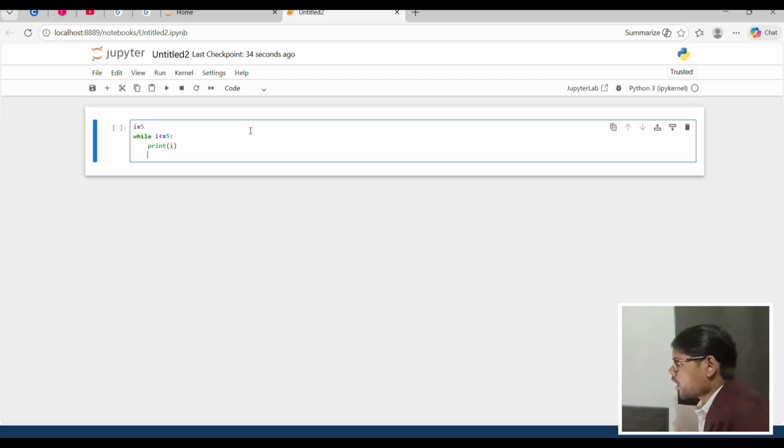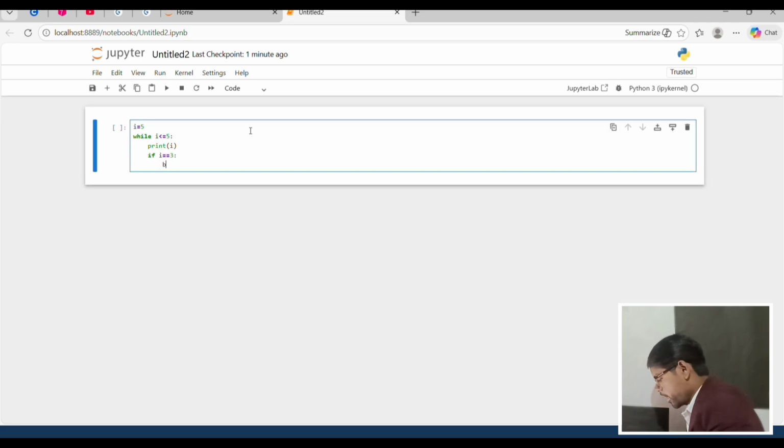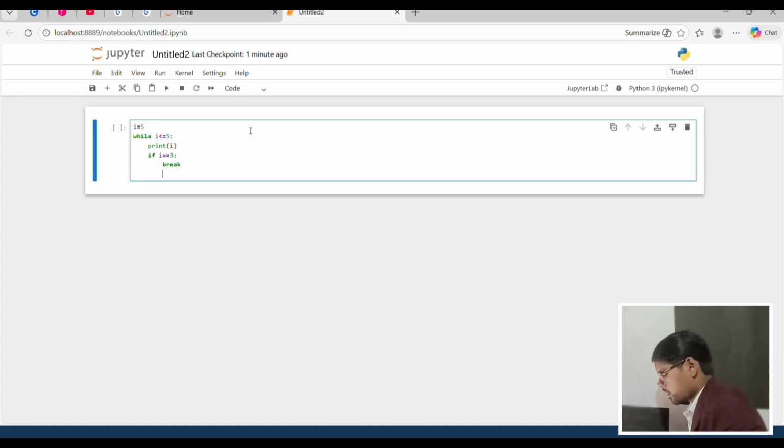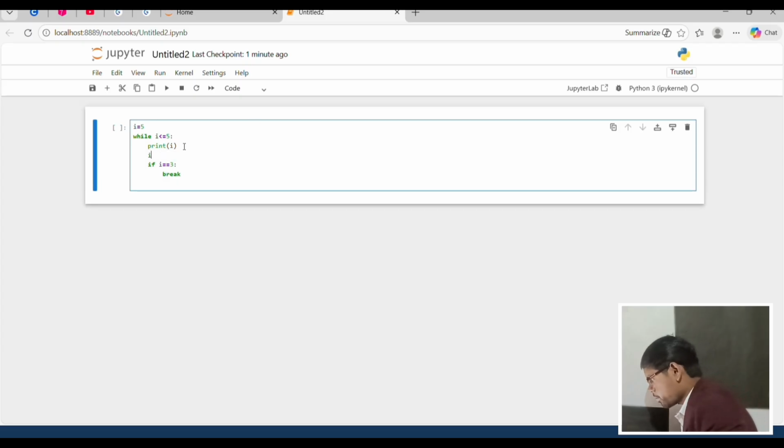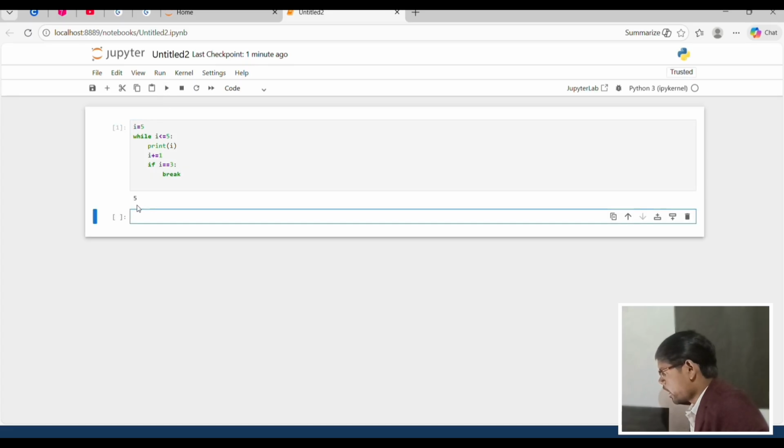But I will use a break condition. So if i equal to 3, okay, so break. And i plus equal to 1 and run.